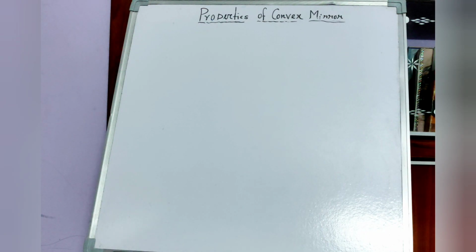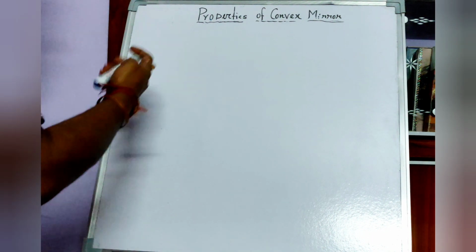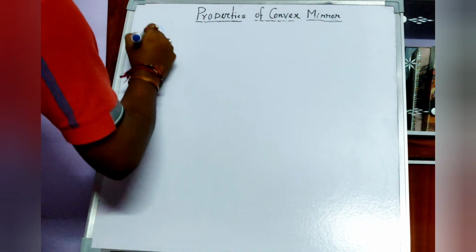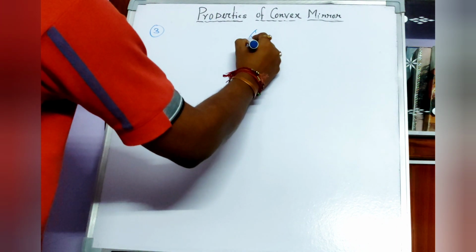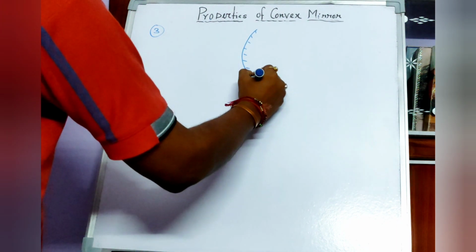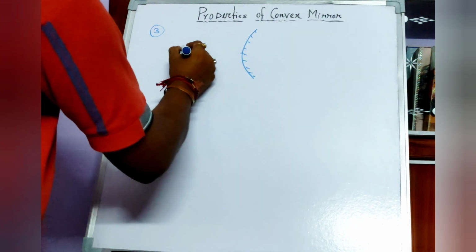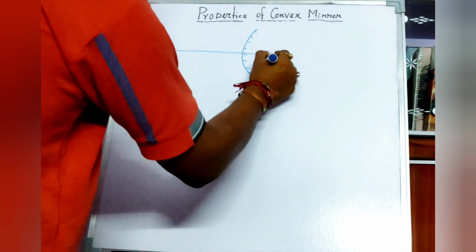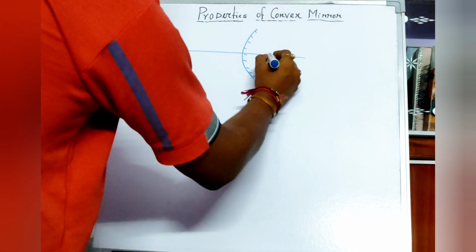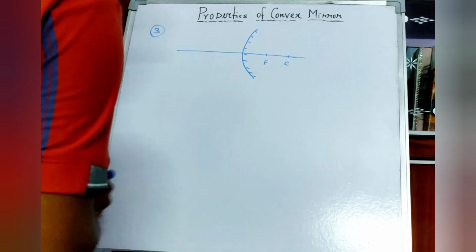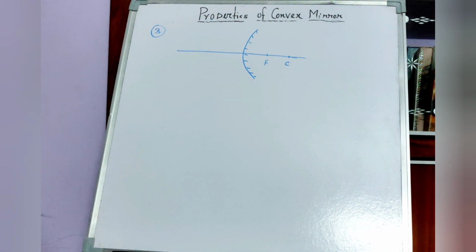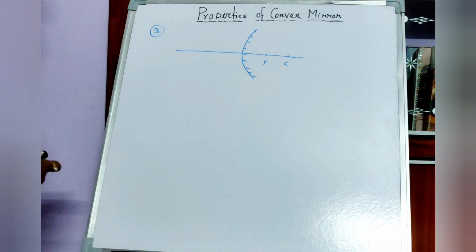Now the third property is that, here is the third property. This is a convex mirror. Okay, this is a convex mirror. Pole, through the pole you have to draw a principal axis. Now this is called focus and this is called C. C means center of curvature, and they are behind the mirror. Now any rays which is